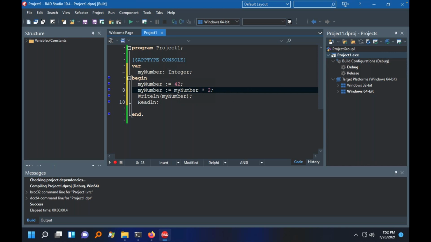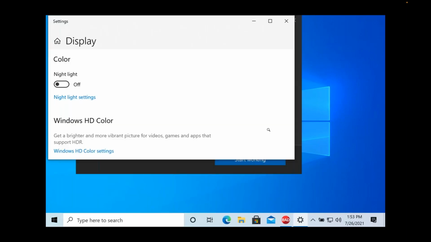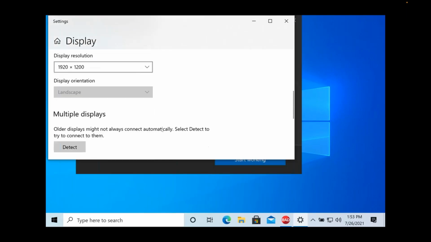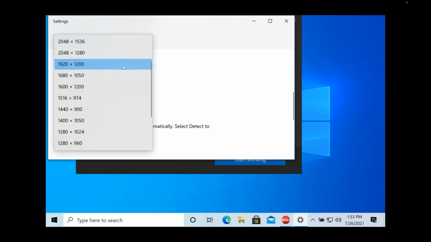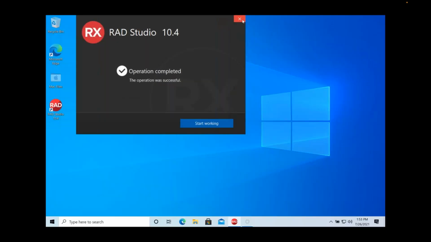All right, let me go and switch back over to the other one. And display settings. Let's go with, I think that'll work. All right,